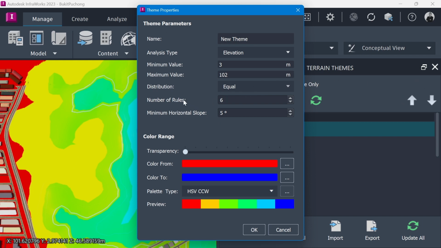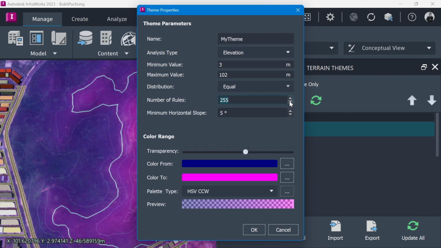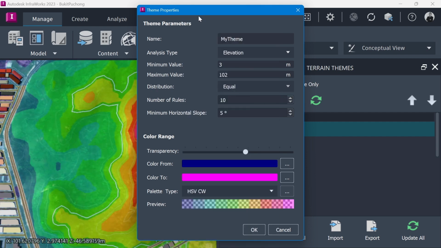Okay, number of rules here 6, so the highest one will be the blue one, 6 or 10. It's not working well. Better like this. Yes. Okay, so then we can control that.